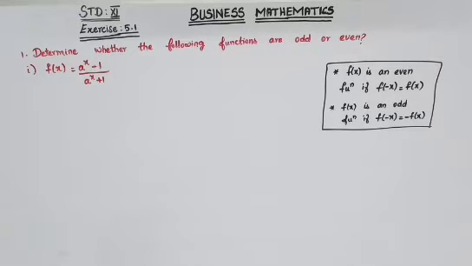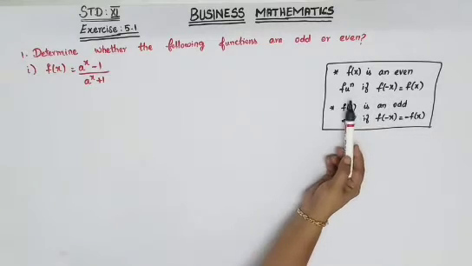Standard 11th Business Mathematics, Exercise 5.1. First question, determine whether the following functions are odd or even. In the first subdivision, f of x is equal to (a^x - 1) divided by (a^x + 1). So the condition for odd or even is: